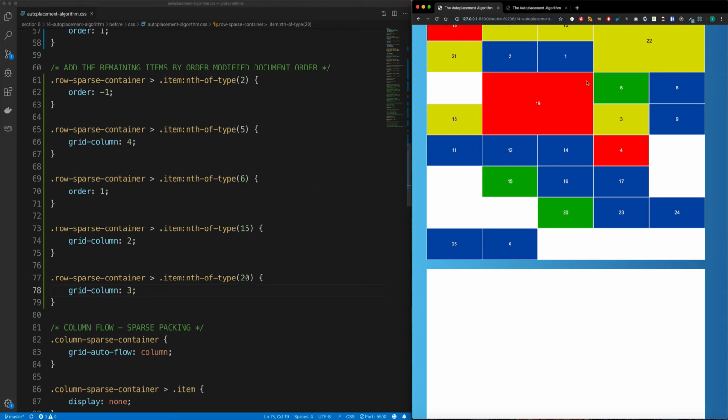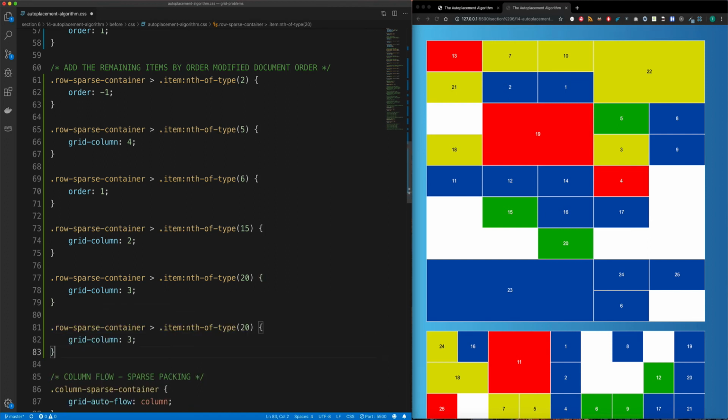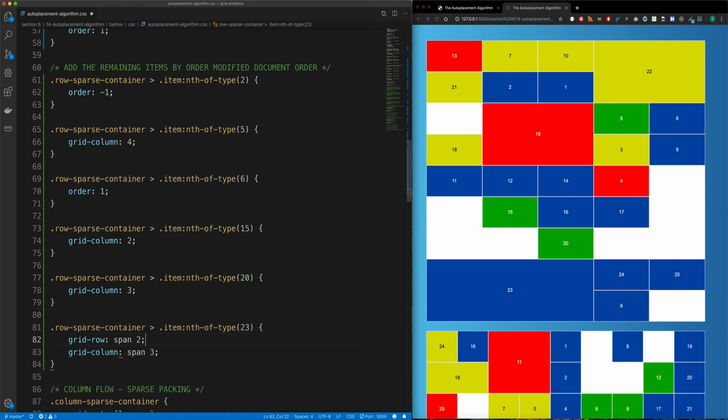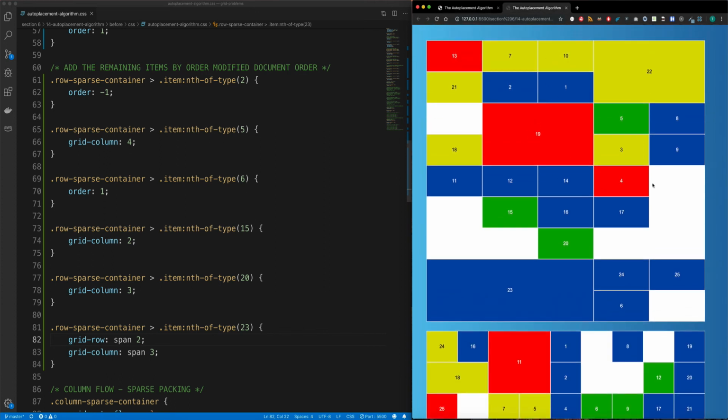So what do we have left now? What comes after 20? Well, 23 does. But as we can see, 23 is being asked to span 3 columns and 2 rows. So we need to factor that in. So let's do that. So we'll go like so. And we'll change the item from 20 to 23. And here, I'm just going to use a grid column of span 3. And just before that, we'll use a grid row of span 2. And save. And hopefully, if we've done everything right, this should look exactly the same as the end result here,